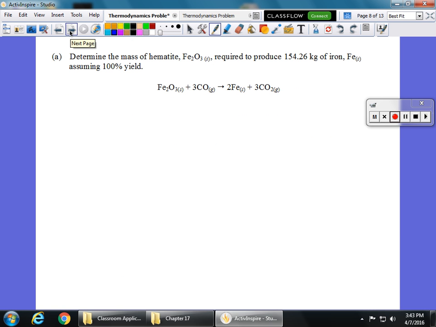It asks you to find the mass of hematite that would be required to make a certain amount of iron. Like we did before, we're using the same thing, except we're going to go the other direction. 154.26 kilograms of iron. And we're going from iron to the iron oxide. Iron is going to be, first of all, let's get our kilograms into grams. It's 1,000 grams in a kilogram. We need to do our conversion to moles. Iron is